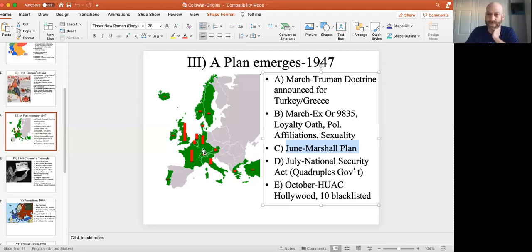Same idea there for Germany. So countries that fought well, that were allies, countries that fought poorly, countries that were neutral, and countries that actually murdered our soldiers were now going to get paid off. One of the most generous things any country has ever done. This is also one of the most successful programs of all time.